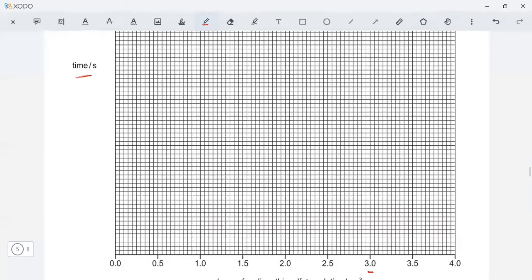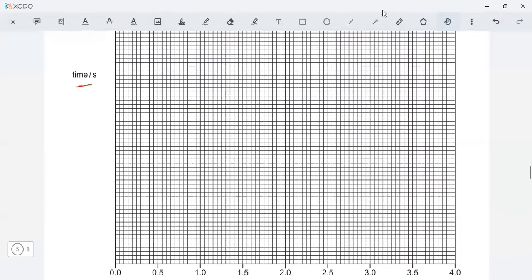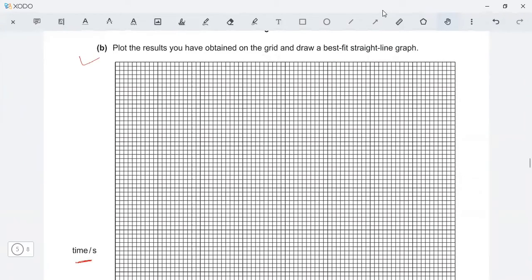So take a proper scale so that all the times will fit in this graph. Okay, for the square lines you take maybe 20, 40, 60, 80, 100, 120, 130, somewhere up to here, so that you will get a proper graph. So maybe this graph I'm going to